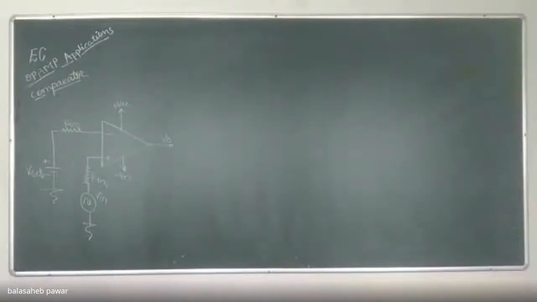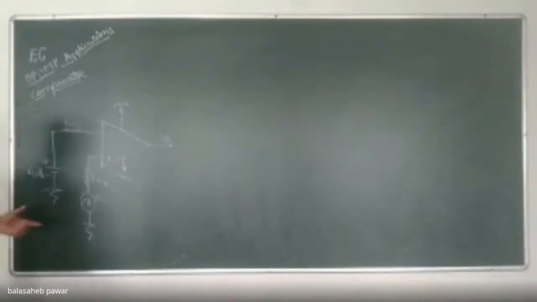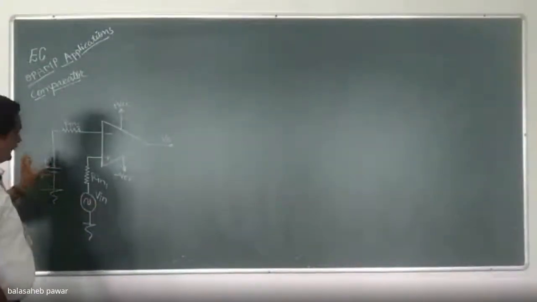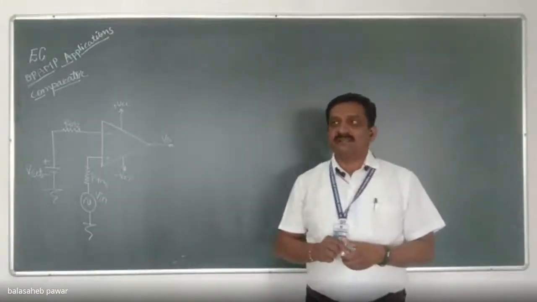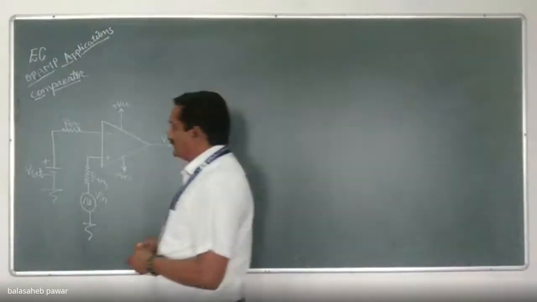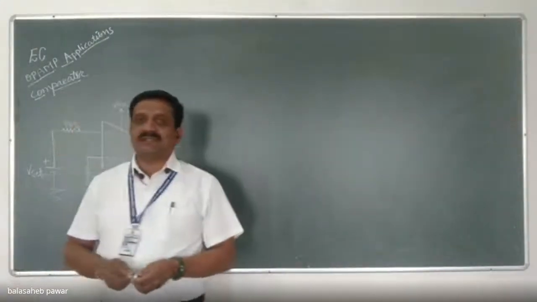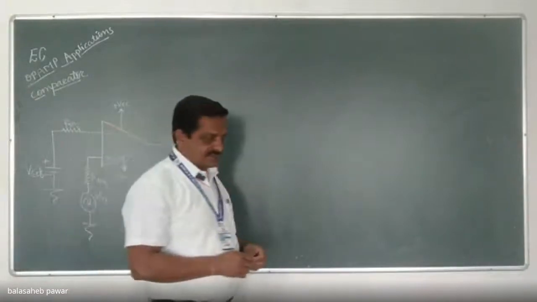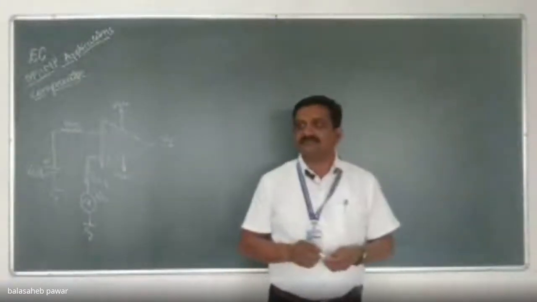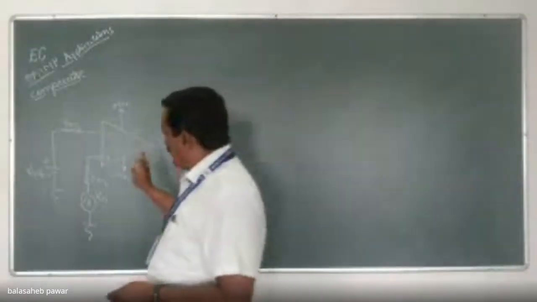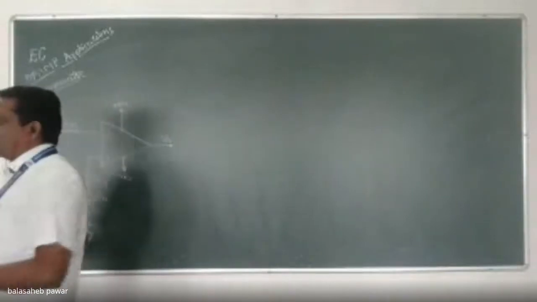So see this comparator circuit, there are actually two signals. Out of those two signals, one is a time varying signal, and that I title as V in, and another one is the reference signal, that is a DC signal which will remain constant. So according to you, how will this circuitry process these two signals? It will compare these two signals, and accordingly we will be able to provide the output.